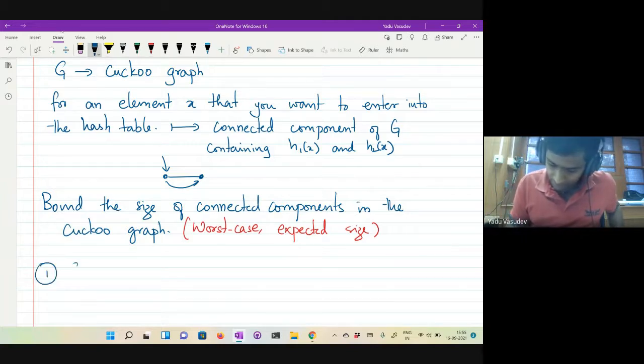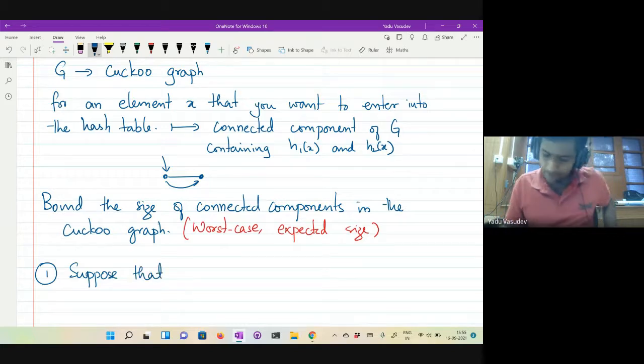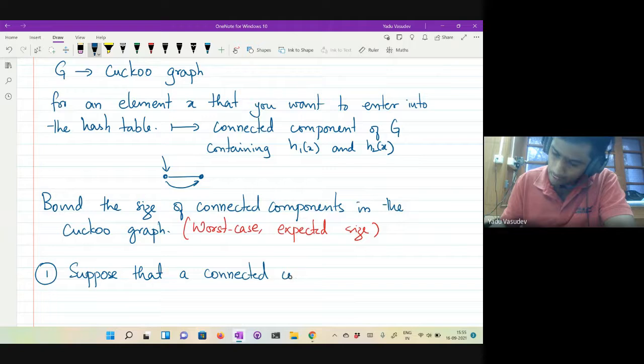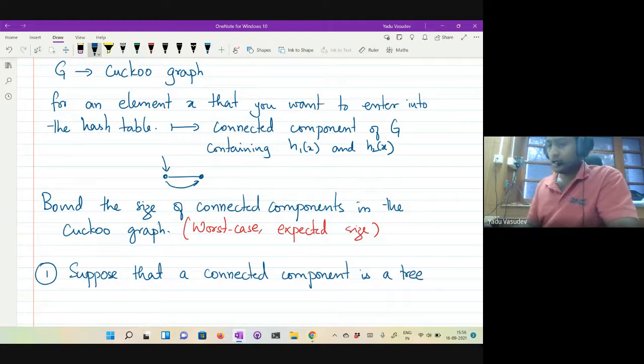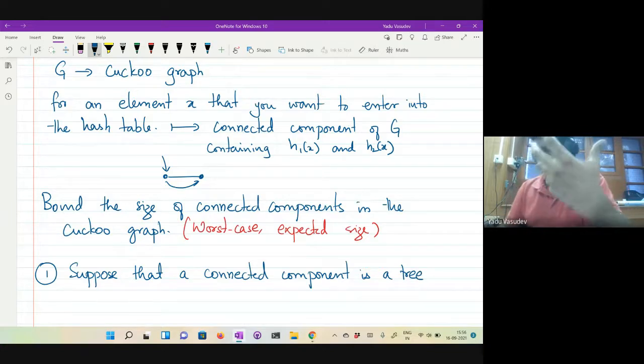Suppose that a connected component is a tree. What can you say about putting an element X in that connected component?